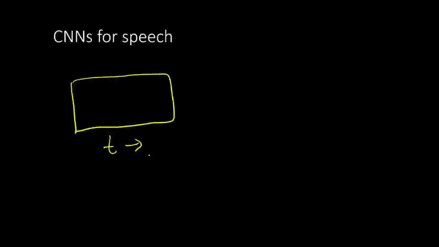So now CNNs can not only be applied to images, but they can also be applied to other types of data such as speech. So let's take an example. In speech, what we have usually is something called a spectrogram. So we have the time dimension here, and because of the overlapping bands of frequencies based on the Fourier transform, we will have frequency here.